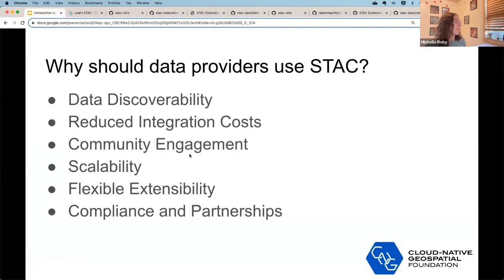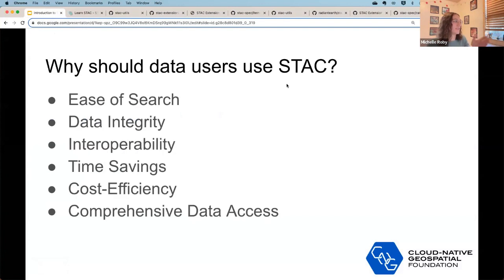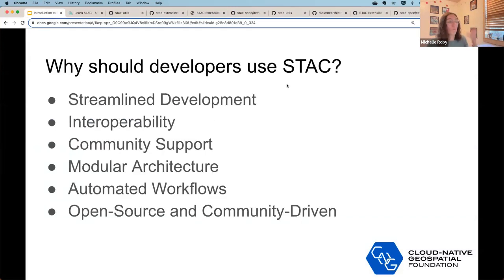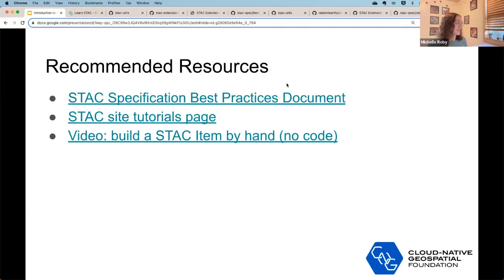And then this, I'm going to skip over this, but this is just some reasons of why, so data providers, data users, and developers, why STAC is useful. And you can look at that at a later time if you're interested. But I just wanted to get to mentioning the recommended resources I brought up earlier.